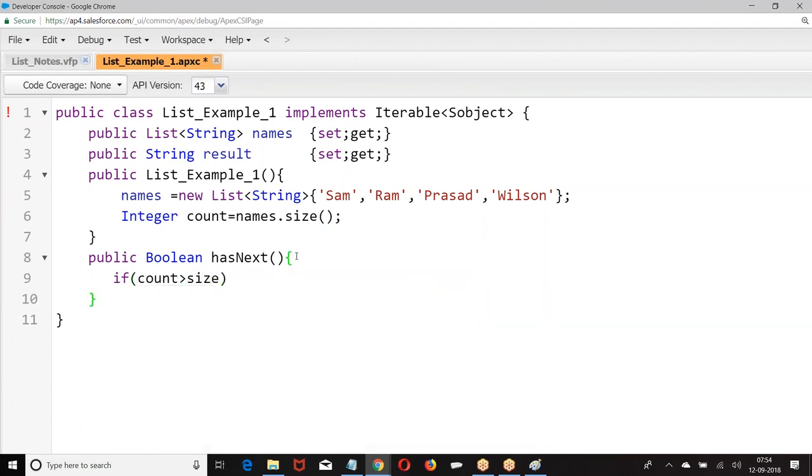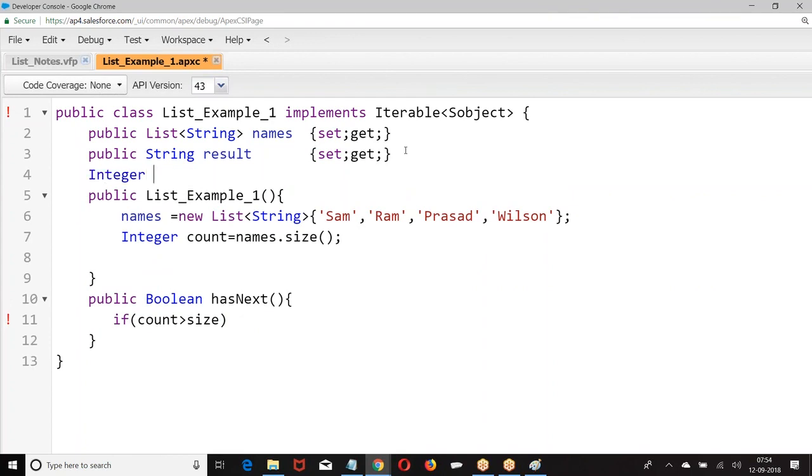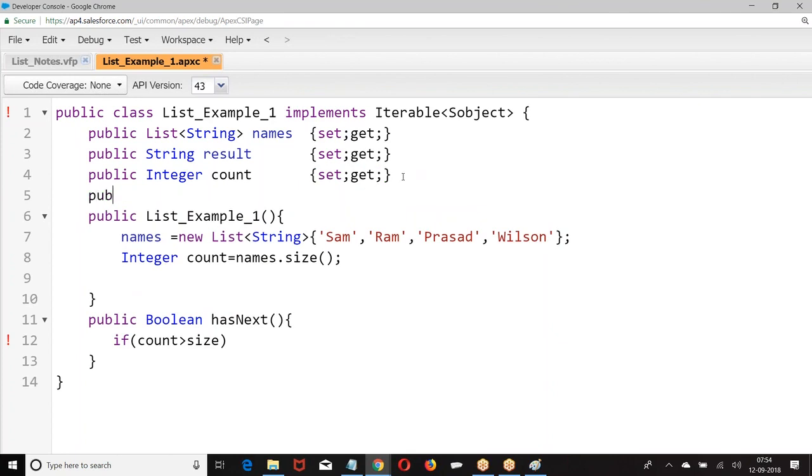Now I give what is size. Don't worry about this.